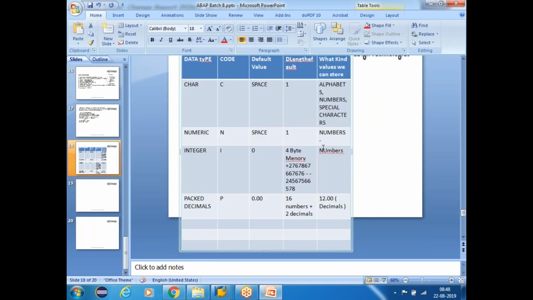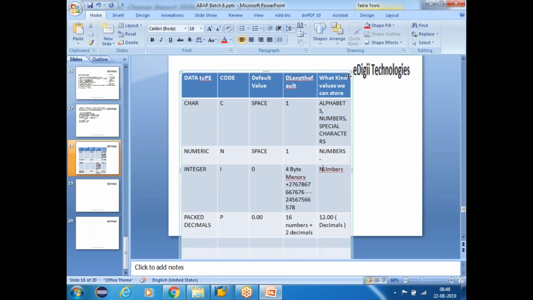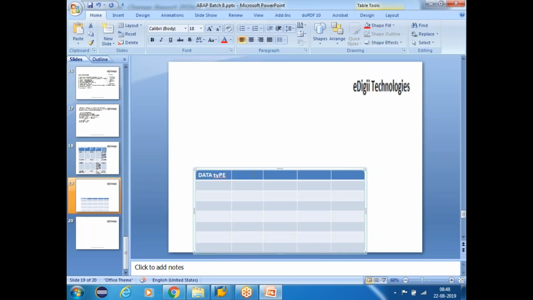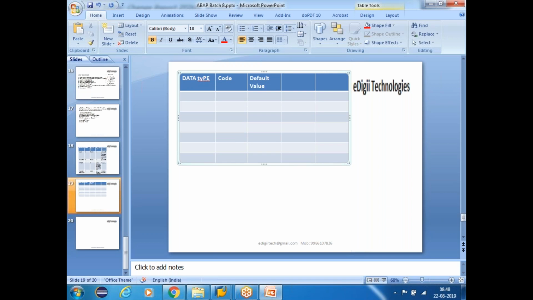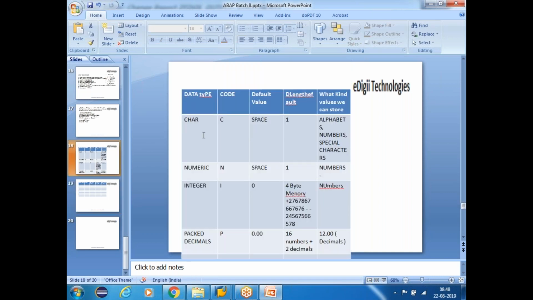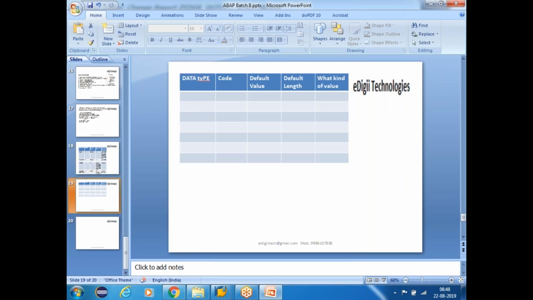And we have different types of data types. And the next one is the default value, default length. Okay, default value and default length, and what kind of value. So we have seen different types. One is the character type and the numeric type and integer and a packed decimal. And next we have the